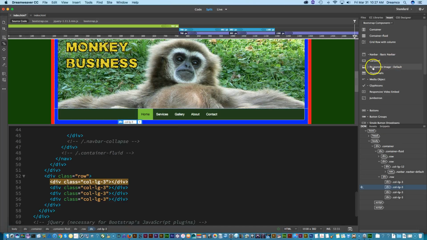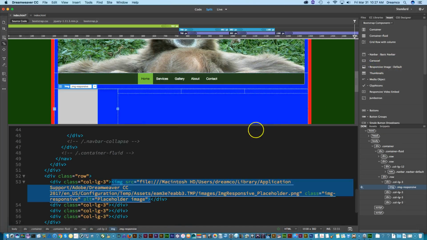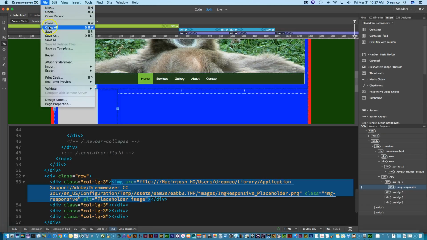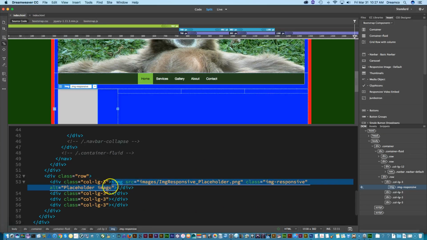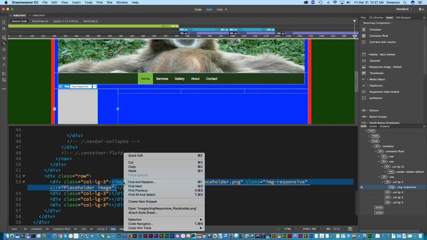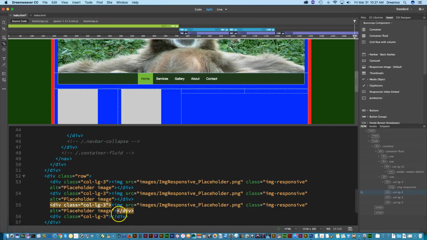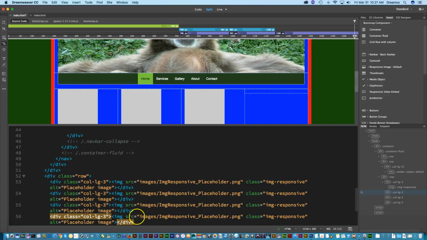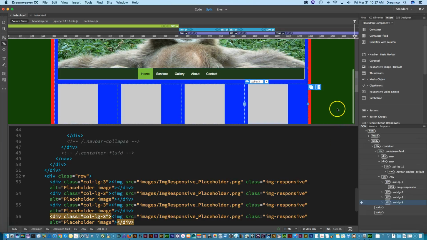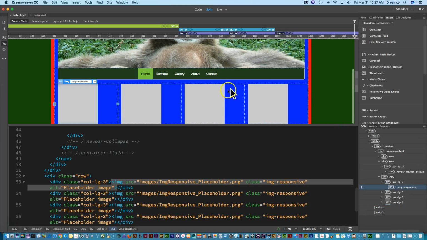So I'll click there and I'll drop in the responsive thumbnail, and then I'll save this so that that code gets a lot nicer looking. Now I can right click on this and hit copy and then just go in here and paste it in 3 more times in between these divs, and then we see our responsive thumbnail images showing